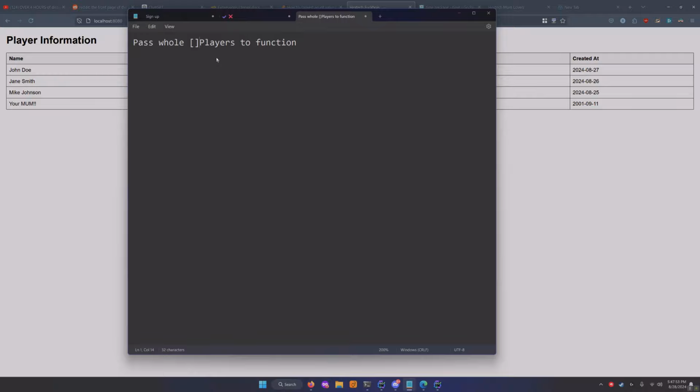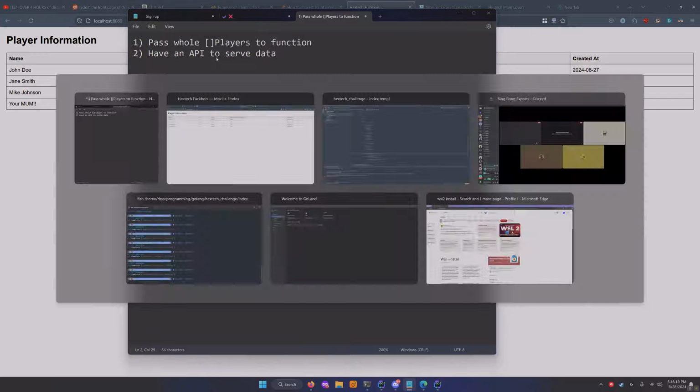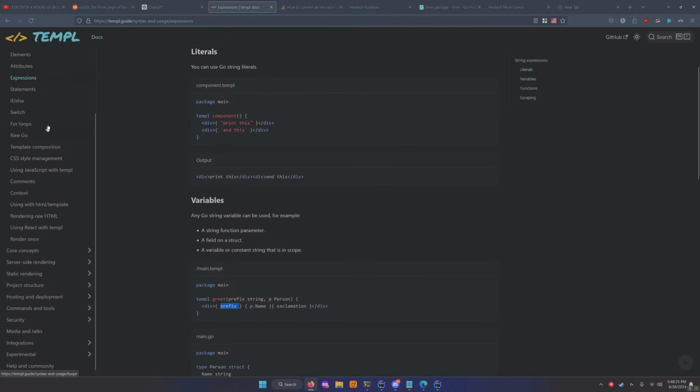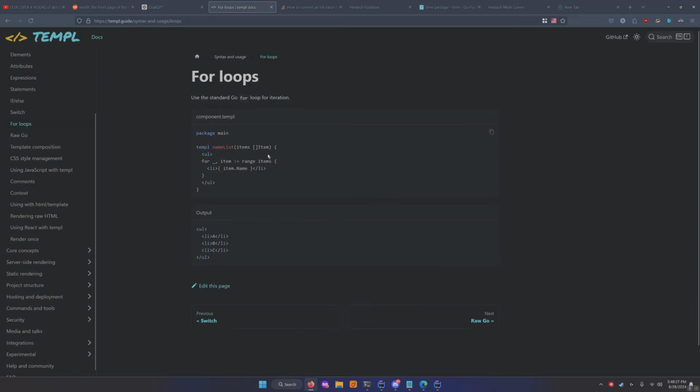Yes. Yeah, kind of like we can do for loops inside of the template. So that's one way of doing things. The other one that you said is have an API to serve data. And they're both good answers. We're going to do two, but I'll show you one just for a second, just so that you know that you can do this, right? So in templ, you can use for loops, and we could update our code to